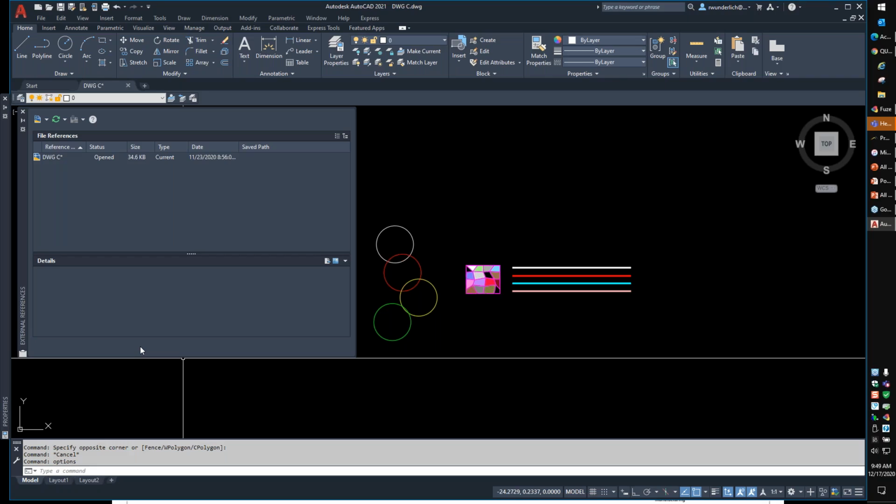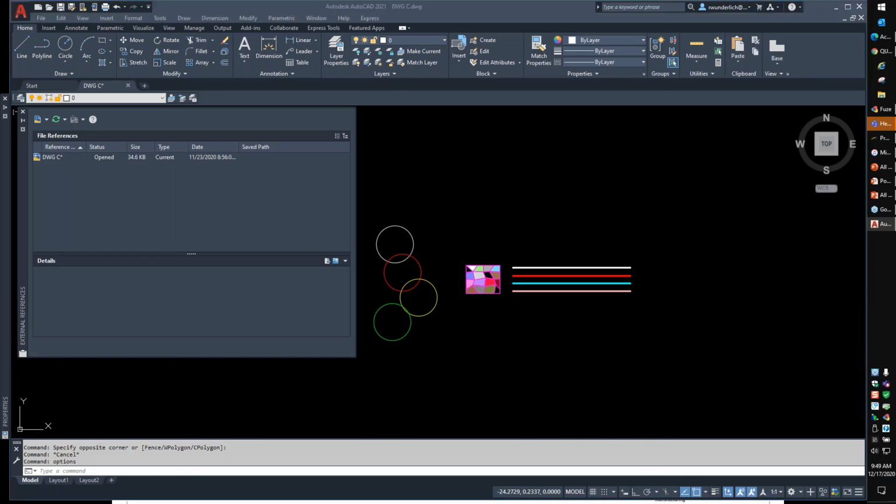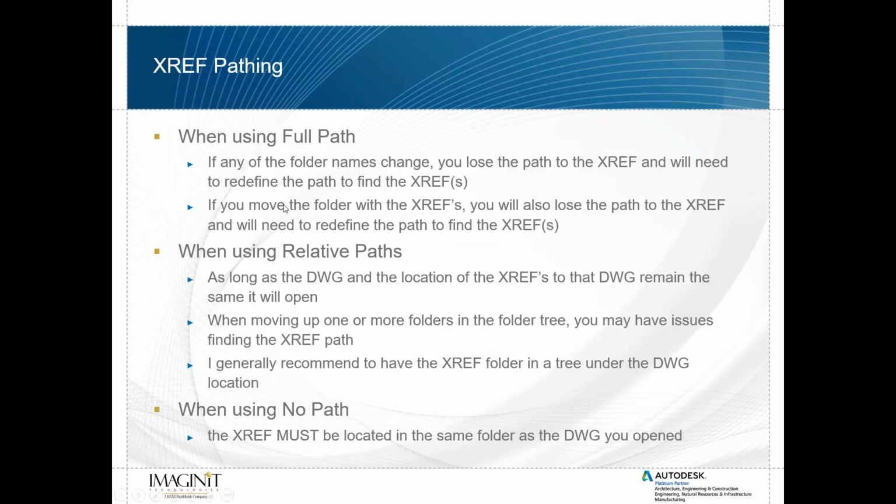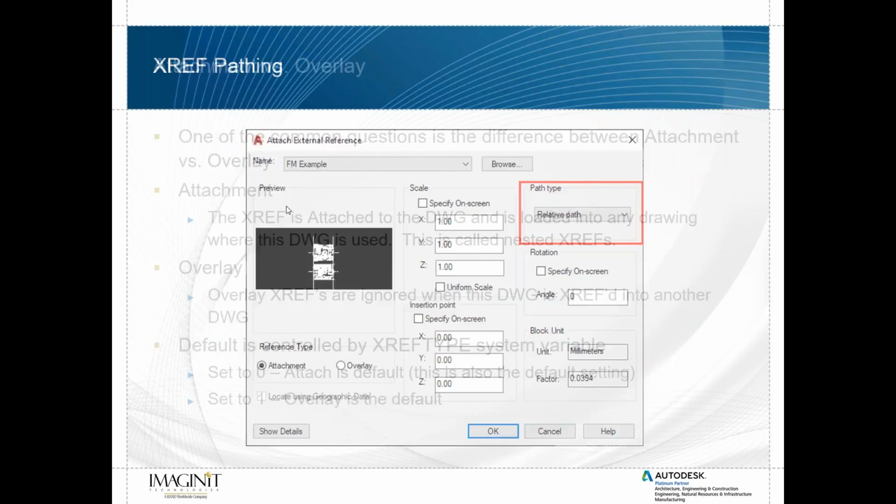Frequently I create a detail, XREF it into a detail drawing, then I update the detail, change the layer color, and it does not update in my detail sheet. VisRetain is set to 1, so it's going to maintain the layer overrides I do in my detail drawing. Is this an override thing? I apologize. Okay, so that might be something more where you are going to want to look at